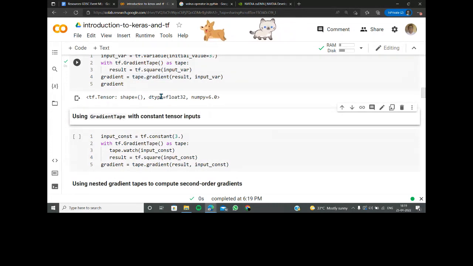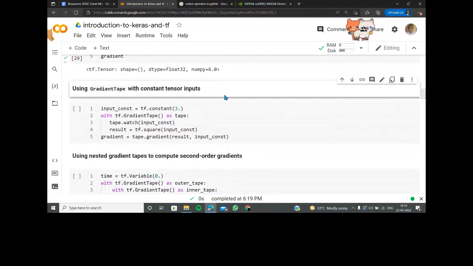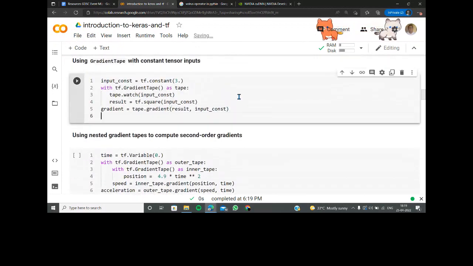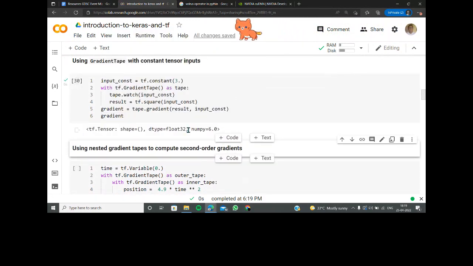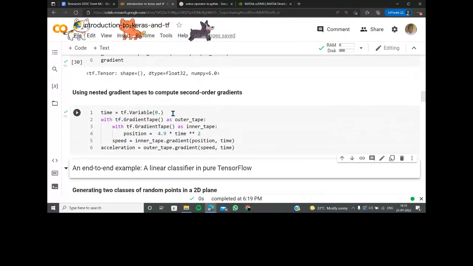The shape of it is unknown, the type of it is float, numpy type 6.0, that's cool. You can still do the same on gradient here. If I hold control and space, it comes out here, just like that. Simple as that. Just keep all these things in mind. It's going to be amazing.